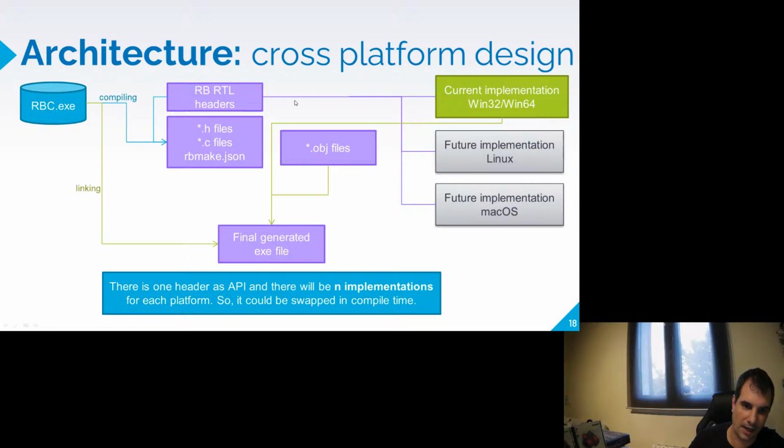The purple line shows you how it could go for further versions. You could have different implementations of the same headers. So there is one header as an API in runtime, and there will be a lot of implementations, one for each platform, and it could be swapped at compile time.